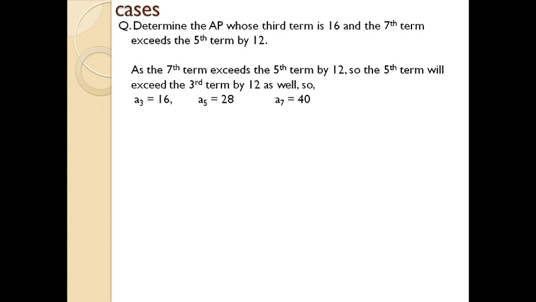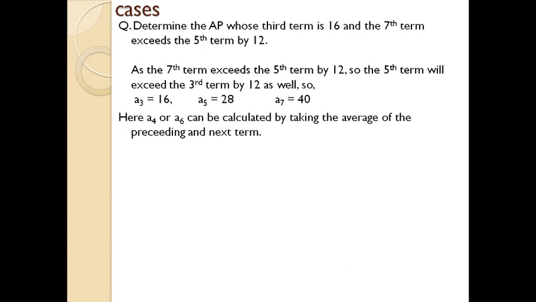In order to apply the arithmetic progression equation, we need a continuous series of numbers. That means we are missing A4 and A6. We need to find the values of A4 and A6. For that, we can assume that the value of A4 will be the average of A3 and A5, and the same for A5 and A7, we will get A6. Thus, the value of A4 is 22. And we can take the difference between A4 and A5, or A4 and A3, and you will get the common difference, D equal to 6.